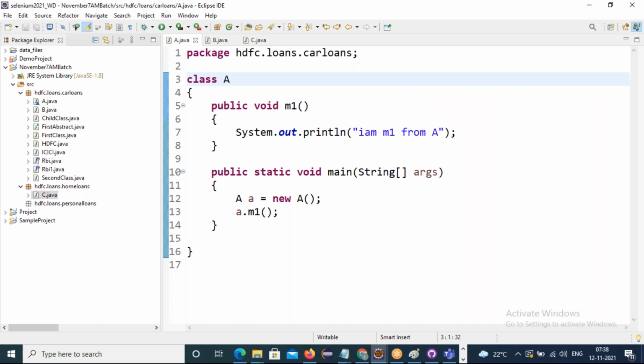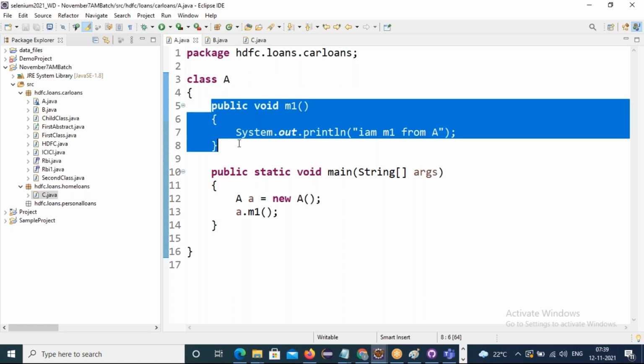Fine. Now this class A is a default class. Friends, in Java there is an inheritance concept. What is inheritance? Reusing one class's properties and behaviors in another class. That reusing concept is called Java inheritance. Even in our human life, parental properties get reused by the children. Similarly, if I want to use a behavior defined in the A class in a B class or C class, then I must form an inheritance.